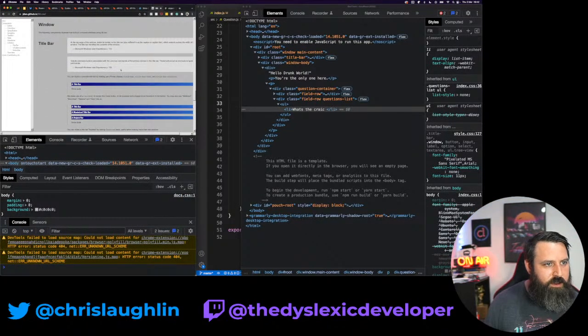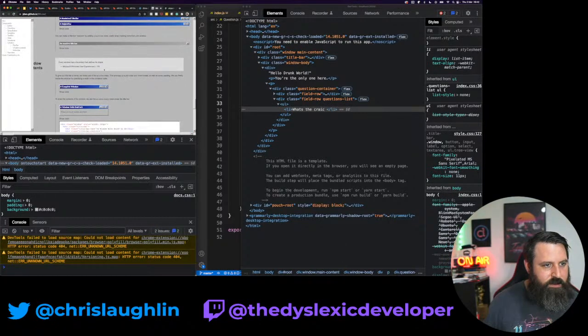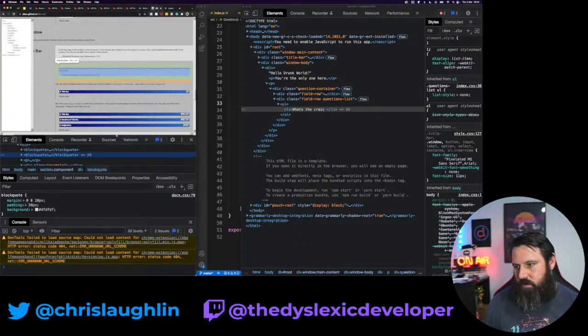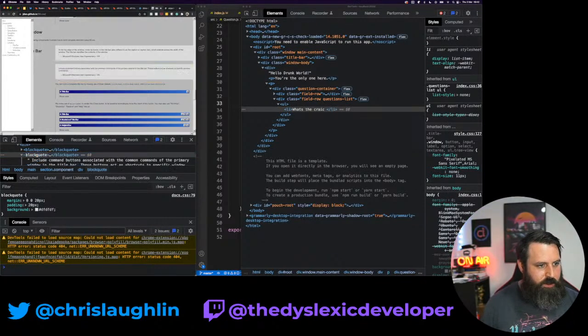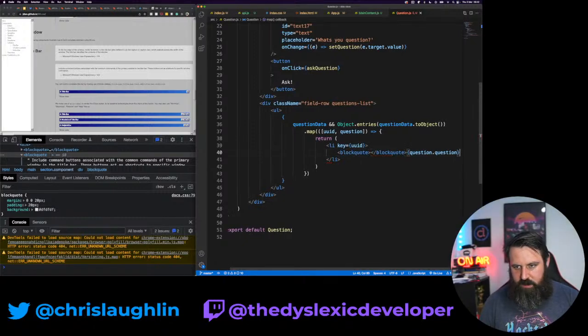Oh, actually, what's this? Like the title bar, this light gray background. How do I get that? Show me the code. 100% width. Yes, I'm going to use that. This is block quote. It feels bad maybe putting that inside of a list item, but we'll see.